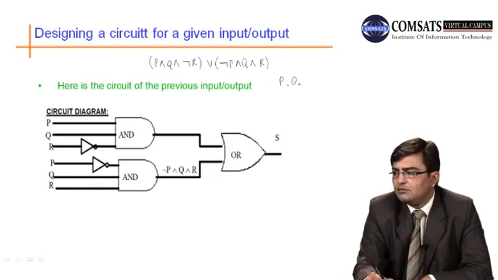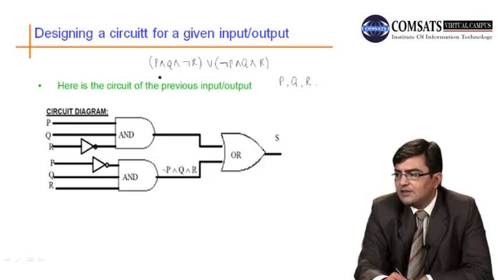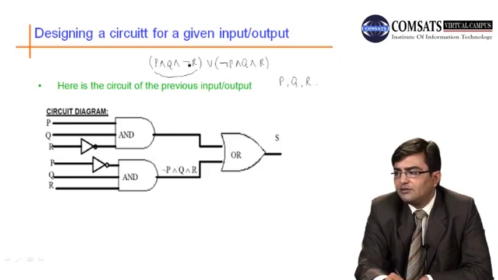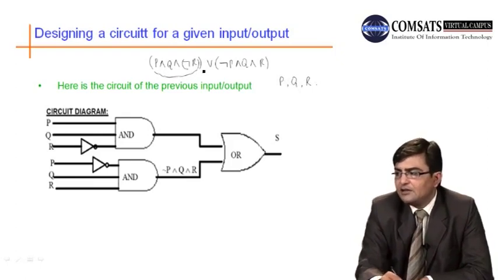three propositions, P, Q and R. So here we also see that in brackets we have P and Q and not R. So the preference is given to the not within the bracket, and then the preference is given to the bracket, in fact. So first we construct a logic gate for this expression,